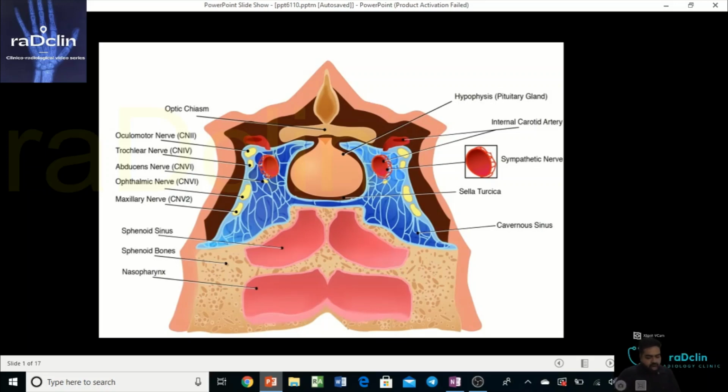Now, if we approach the sellar region in a stepwise manner, first we identify the pituitary gland and its stalk within the sellar compartment. Then, if there is a lesion involving the pituitary, we determine the epicenter of the lesion, whether it's in the gland, above the gland, or below the gland. We analyze the basic morphology of the lesion, whether it has a predominantly cystic component, whether it has a solid component, whether there are flow voids or calcific foci in it, and then we approach the basic differential diagnosis.